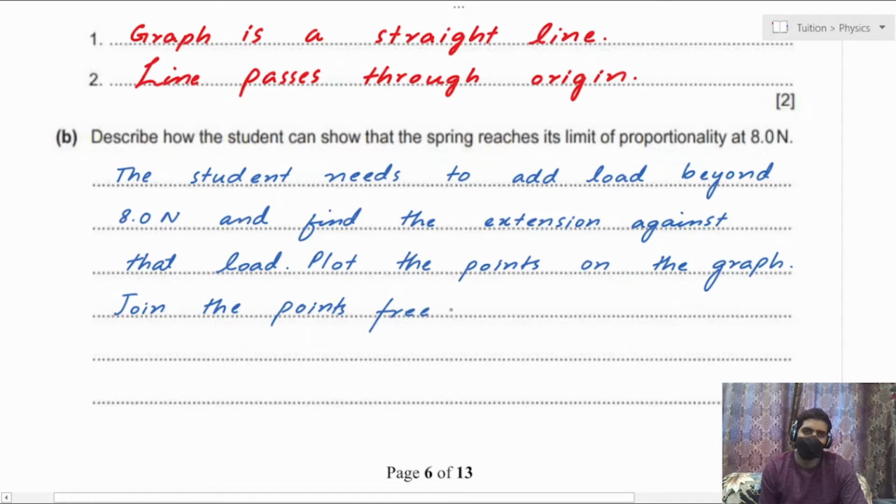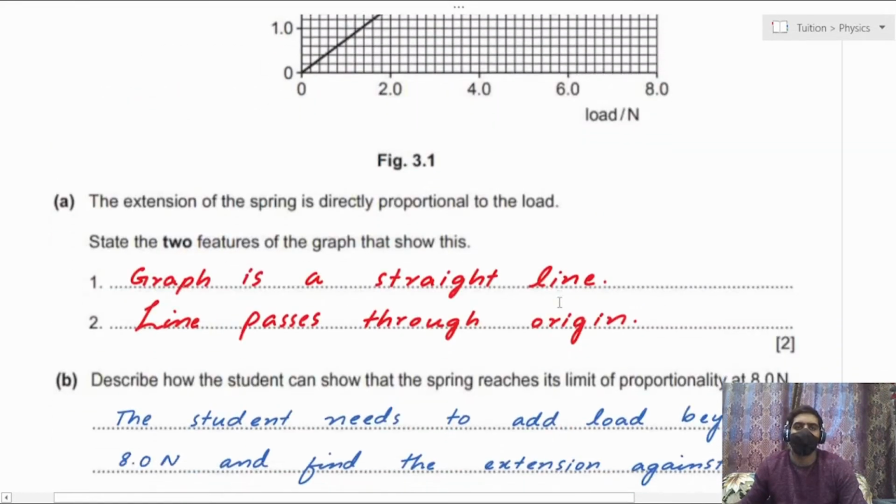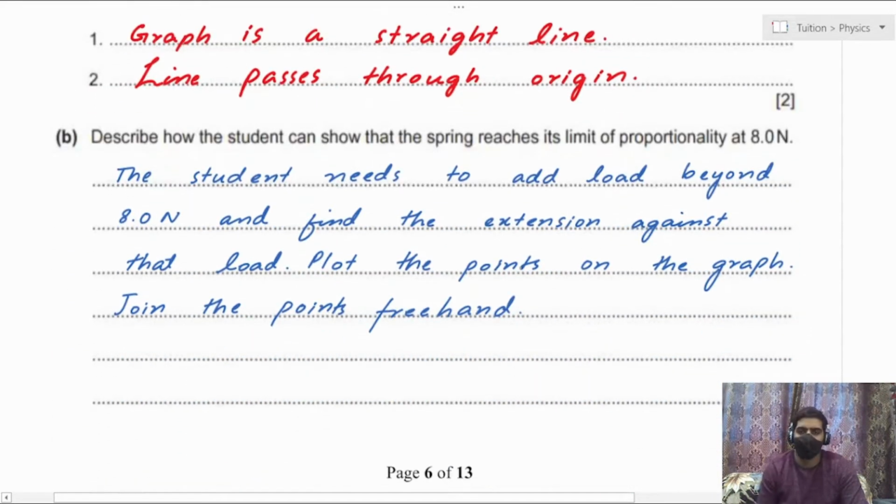Join the points freehand, and the extension-load graph would bend